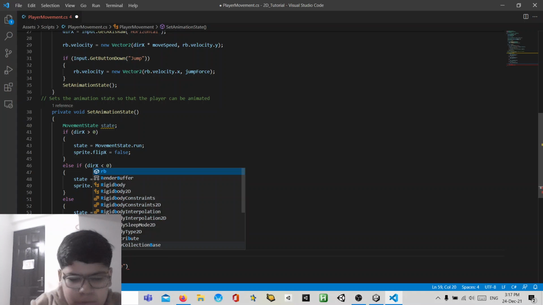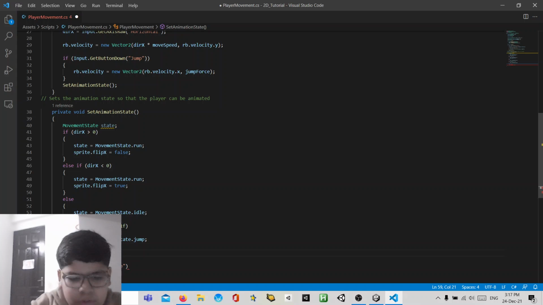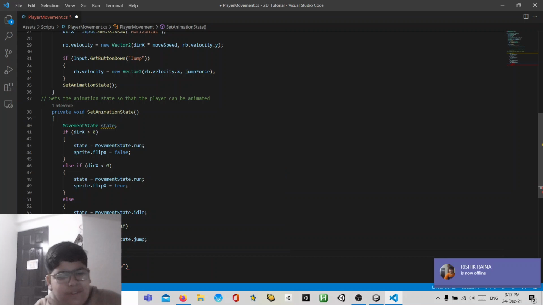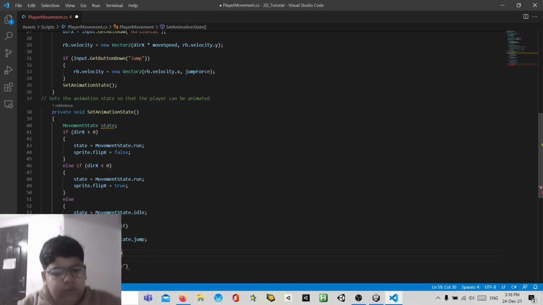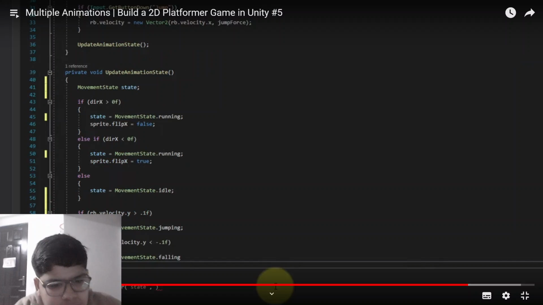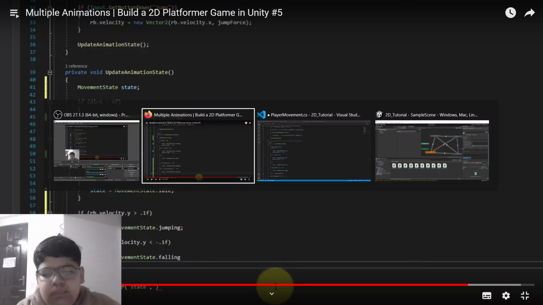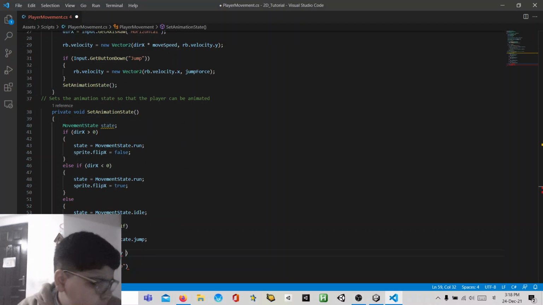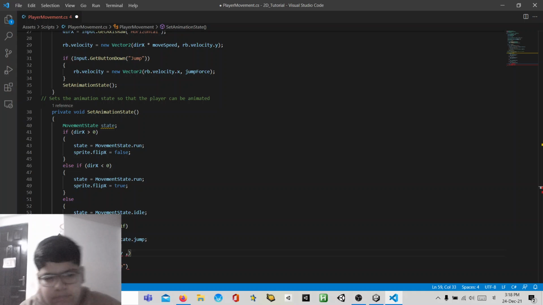rb dot will get vector equals c what? rb dot velocity dot y is small smaller than, oh, oh,